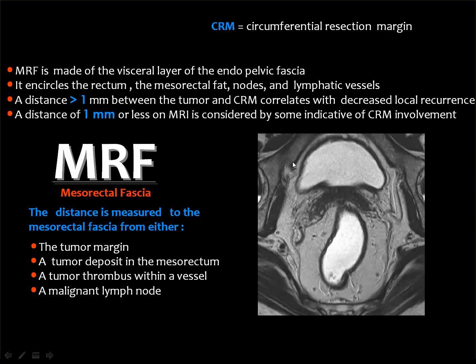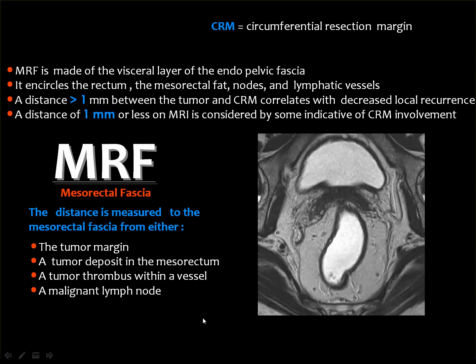That's to say that if you see that the tumor or the lymph node or the vessel has a distance between it and the mesorectal fascia less than 1 millimeter, consider it involved. And the involvement of the mesorectal fascia is an indication of more probability of